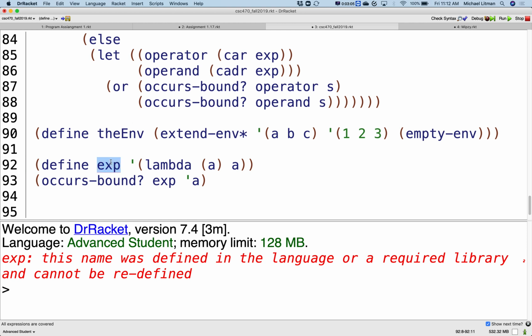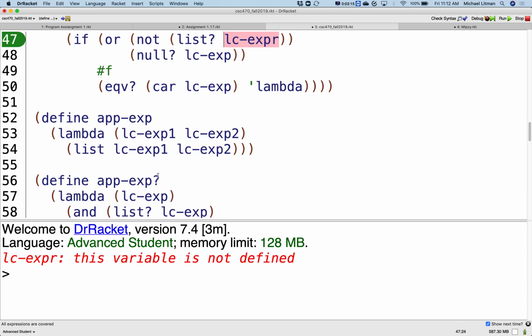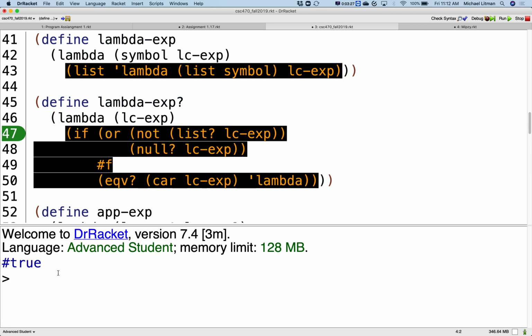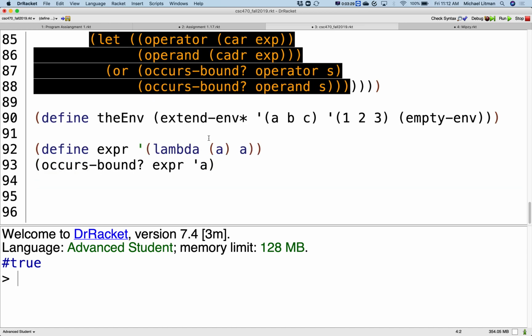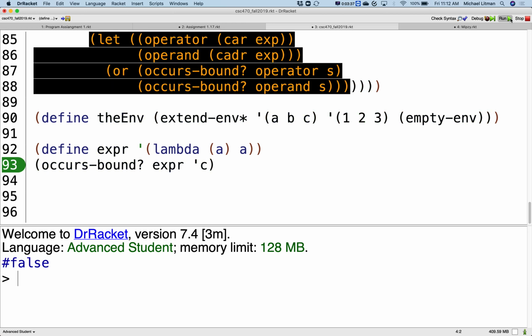Oh, it's called EXPR. There's just an extra on that one, it looks like. Somebody was supposed to be in charge of my spelling. All right, there's my true. That A does occur bound in that one. And if I say, does C occur bound in that one, I should find it to be false. And if I say, does A